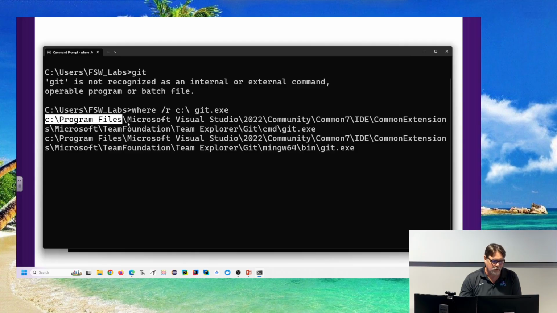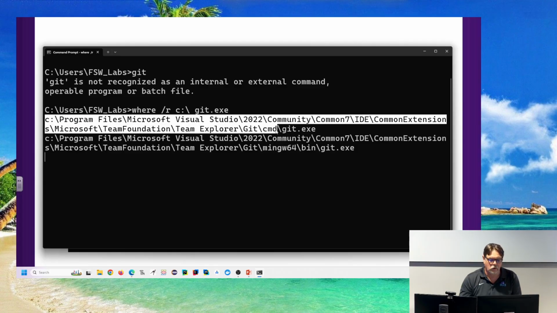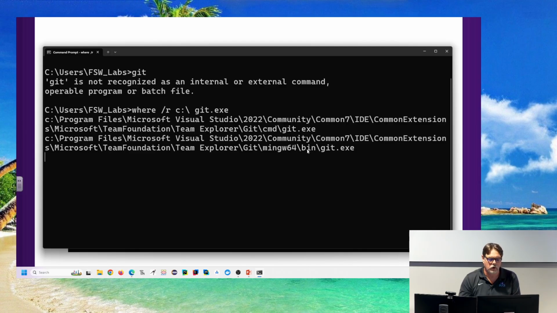So I could either take this folder and add it to my path. I'm going to have to talk to IT about this because I would really be more comfortable if we didn't have to do that every time we come to class. It'd be nice if it was already installed when we got here.